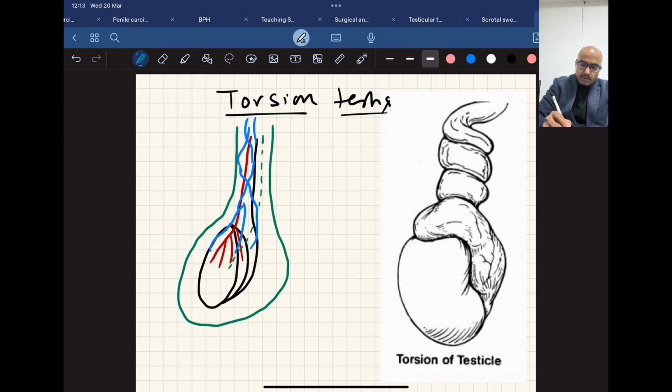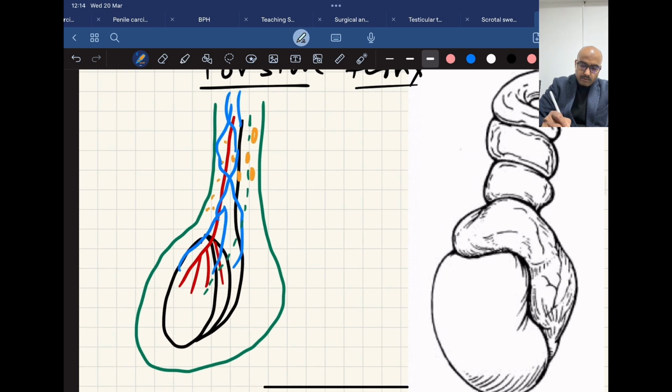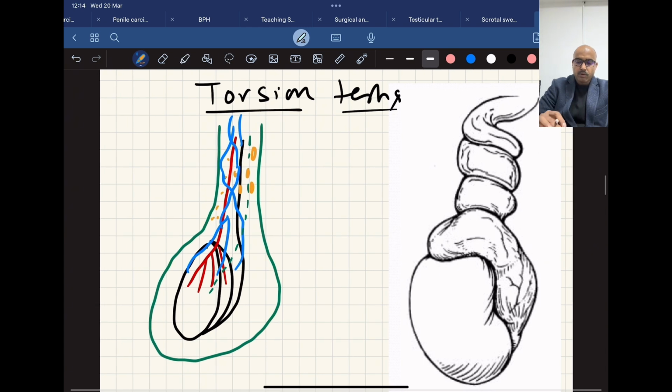There are also lymphatic structures, and also some fat, okay,